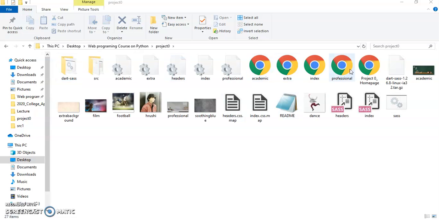These are the basic HTML files and the CSS files related to the same pages and some images that I've inserted. So I'll just show you how the web application works first. So index is our starting point or the entry point for the web application. So once I double click on it,